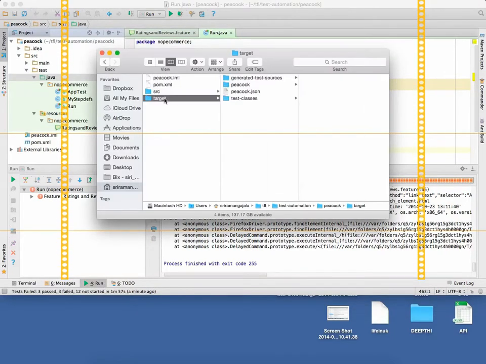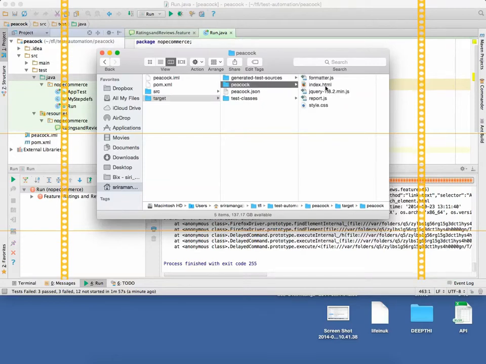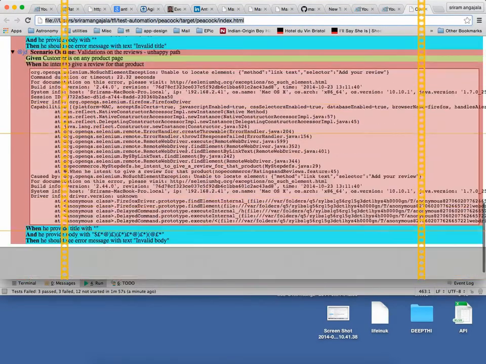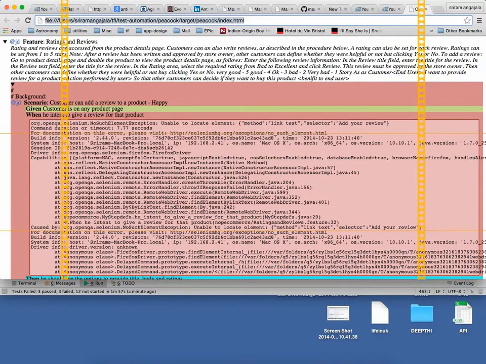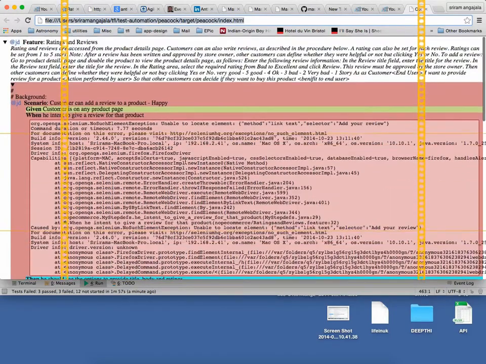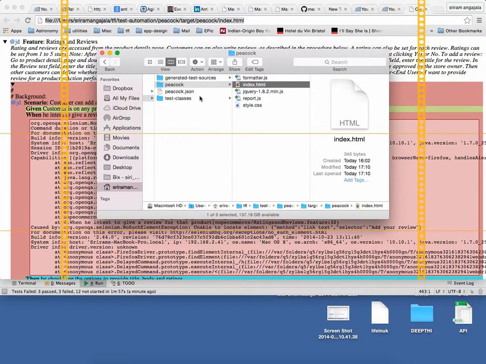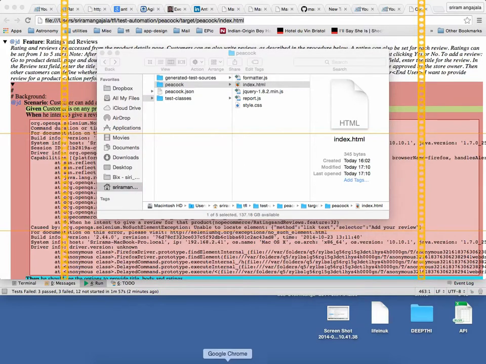Okay, so it won't have a beautiful report. That's the problem. Okay, so this is a very ugly report, right? This is the Cucumber report that it has given. It's not very beautiful. If it is not giving, then what do we need to do, sir? We need to write our own report. We need to configure our own reports, so we make it a little bit better. That is one of the disadvantages of Cucumber. It is giving a report, but it is not very good. But for now, we can exist with this.